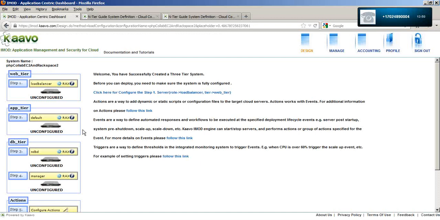Now all roles have been switched to Rackspace. In a future release of iMod, we will allow users to switch all roles together by a single click in cases where it is meaningful, of course.